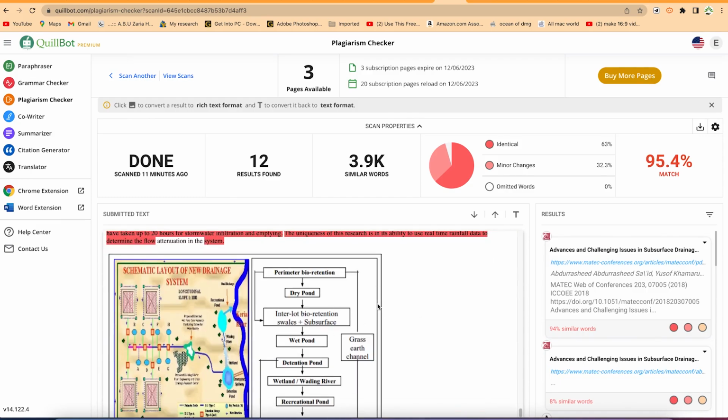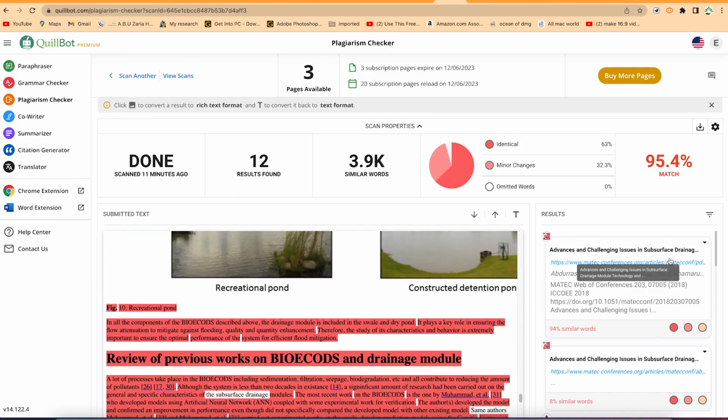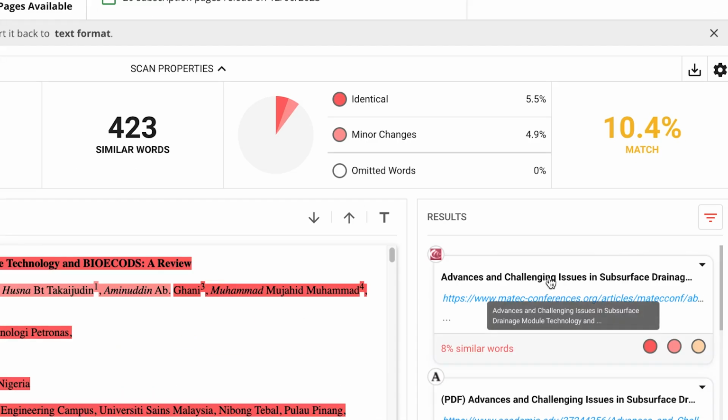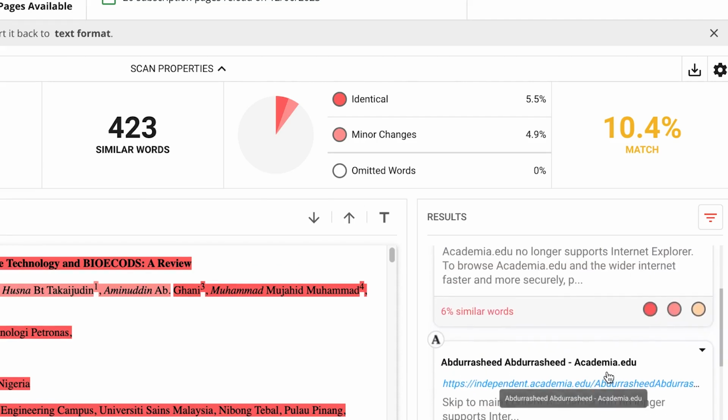The only thing you need to notice is that over here you can see the sources, the results, where all those things have been found. The similarity is on this paper because the paper has actually been published. So if you like, you can come over here and exclude this source. If you exclude the source, you can see everything is now back to normal. Even this paper is my paper. Yeah, this is my paper as well, so you can check.